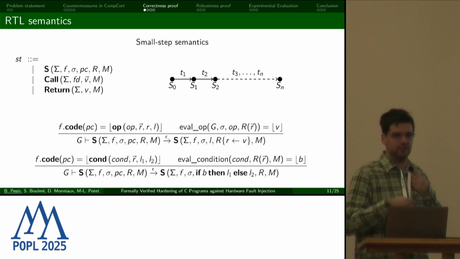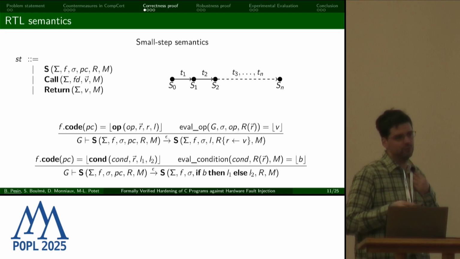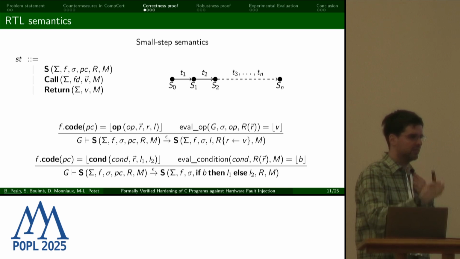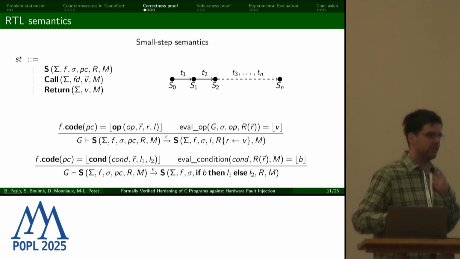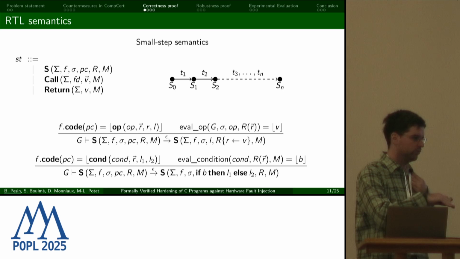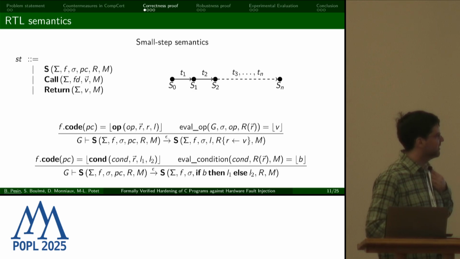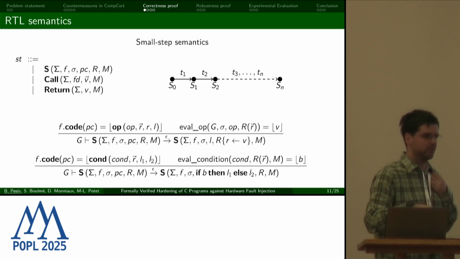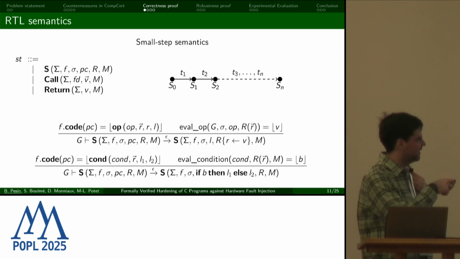We did that in CompCert, and now we want to prove that they are semantically correct in the sense of CompCert. CompCert comes with an end-to-end correctness proof, which essentially says that the behavior of the target and source program are the same. And this proof is composed of a bunch of simulation proofs, one for each compilation pass, that relates the semantics of the source and the target of the compilation pass. And so to explain this more, I need to show you what the semantics looks like. It's a small step semantics. For every language of CompCert, it's a small step semantics, except maybe for the very source language, but for RTL it is.